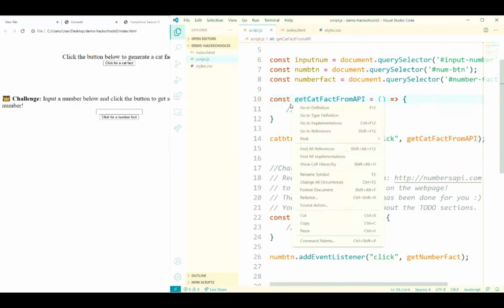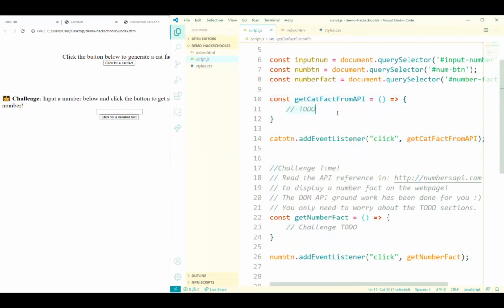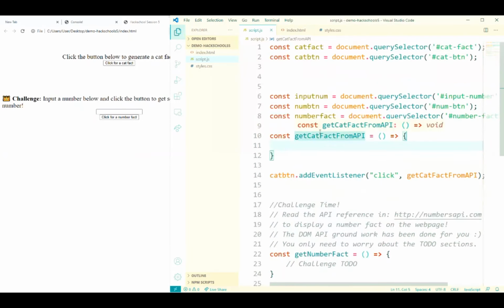So what do we want this function to do? What we want is for this function to display our cat fact onto our page.